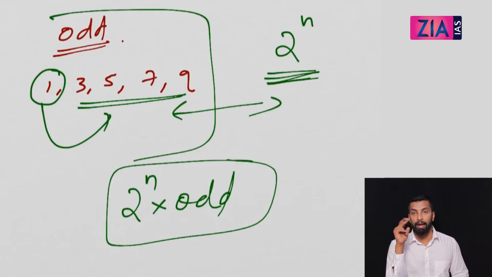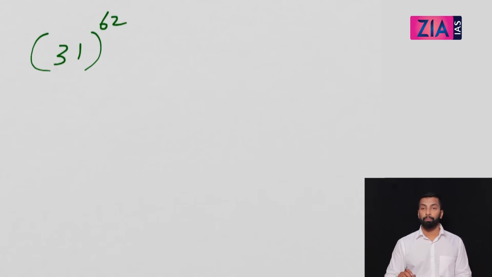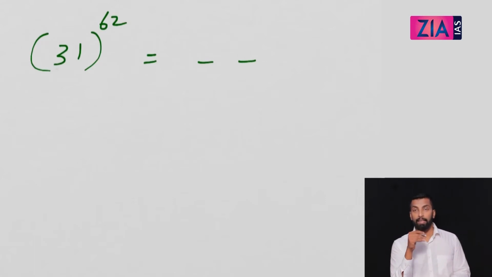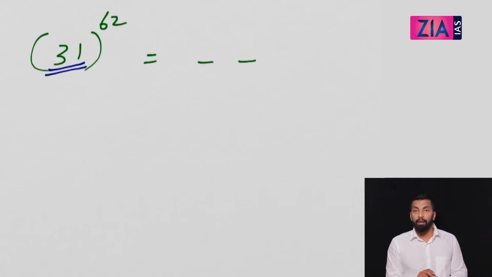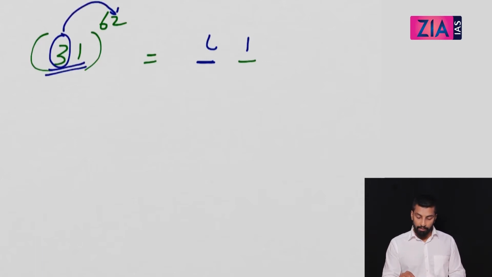Within that, let's start off with the number ending in 1. Now you have a number 31 raised to 62. You need to find the last 2 digits, or the remainder when divided by 100. The question is the same in both cases. Similar to what we discussed earlier for the last digit, to find the last 2 digits you need only these 2 digits. A number ending in 1, whatever be the power, the last digit will be 1. That we have already discussed. Now you need to find the previous digit: the second last digit into this 2. 3 into 2, 6. That's your answer.